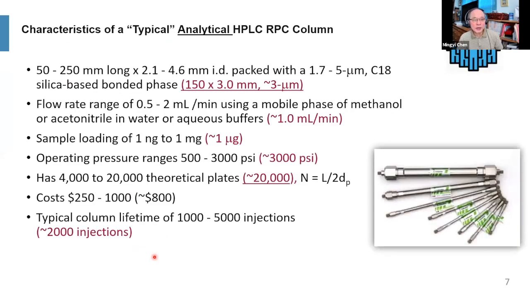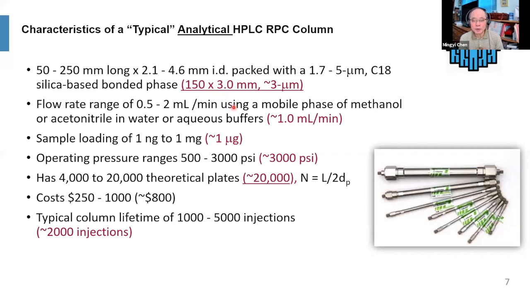Okay, so this is the slide showing the characteristics of a typical analytical HPLC reverse phase column. And those are some of what I call the defaults, right? So if I want to do a stability indicating assay, most likely I'm going to use a pretty long column to give me a good separation. So it would be 15 centimeter by 3 millimeter ID. I'm a strong advocate for 3 millimeter ID. I think it's a good compromise